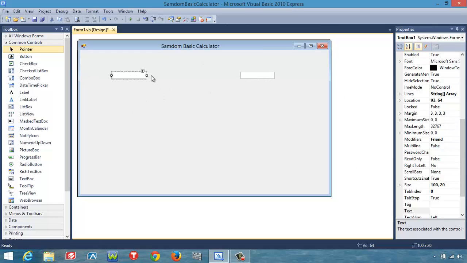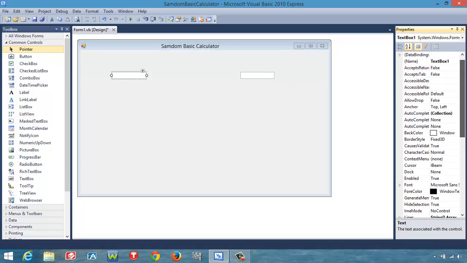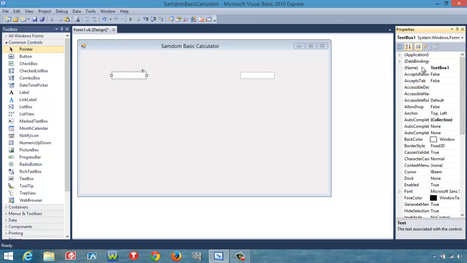So this is the first text box, and this is the second text box. Now, I want to change the name of this text box to first number text box, first num text box. That's the name. And this one, I want to change it to